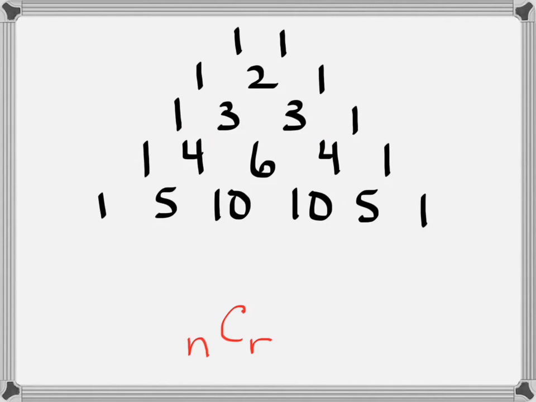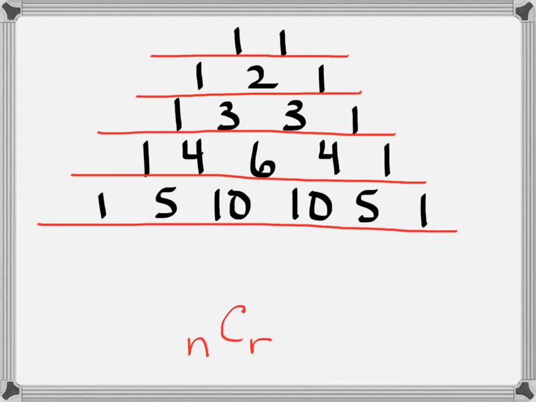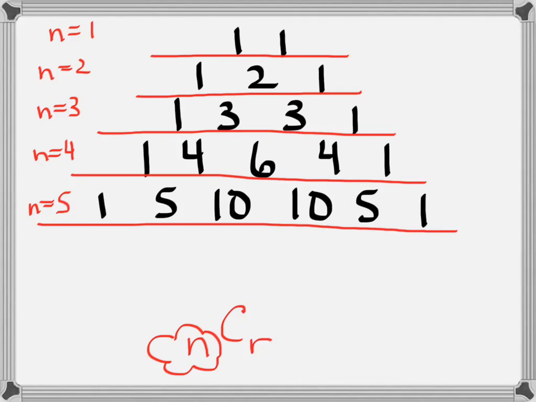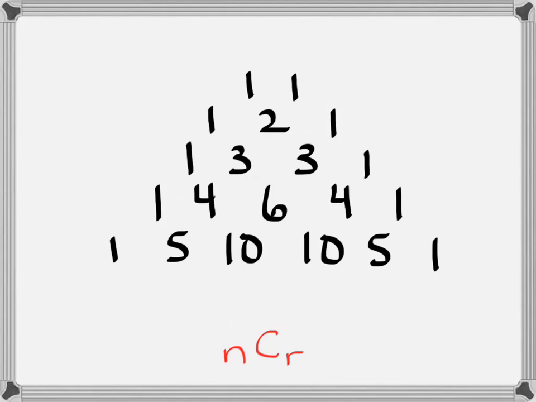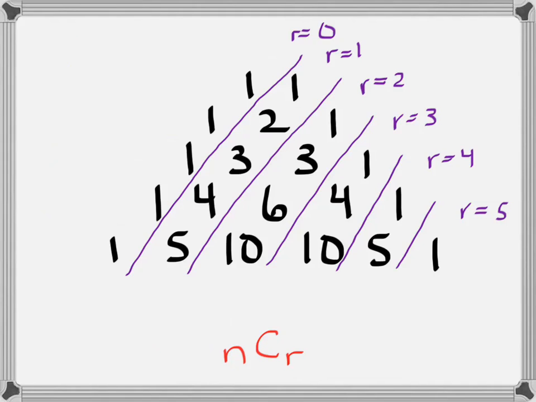So what is this number? Well, we can relate it to the combination of n choose r by taking n to be the row number. So for instance, the first row is when n is equal to 1, the second row is when n is equal to 2, and so forth. And then we can have r, which is the diagonal that it's represented. So when r is equal to 0, we have the first diagonal, r is equal to 1 is the second,